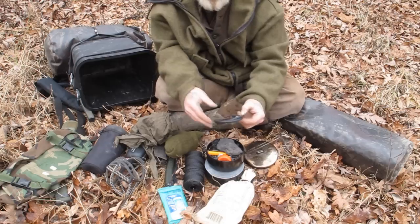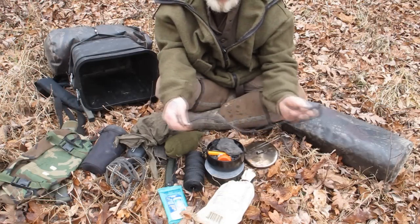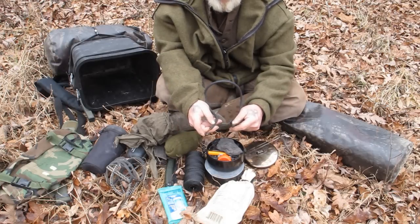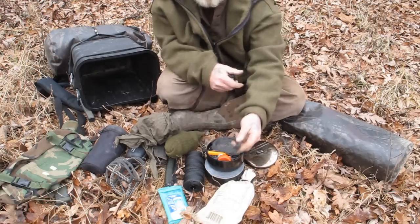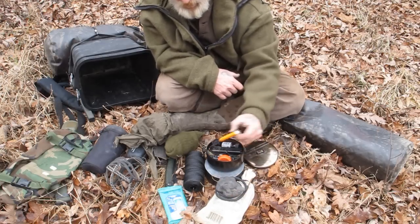All right, I have a piece of fuel line with a copper tube in it, and I can blow on this to direct air to a fire so that I can get embers started in the morning real easy. That works really good for that. It's dandy for starting up fires. I got some steel wool, a brand new lighter,